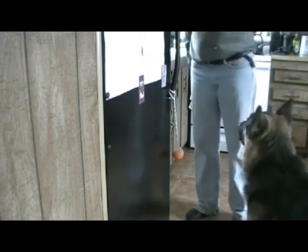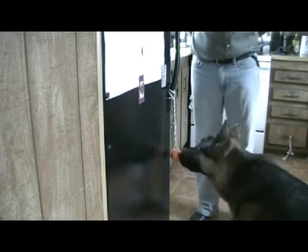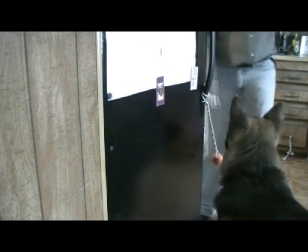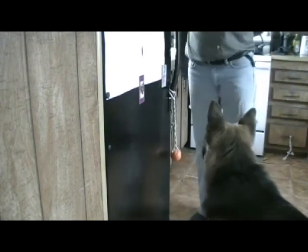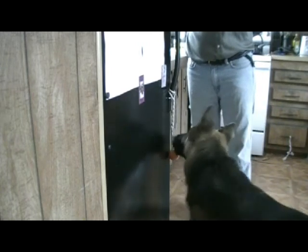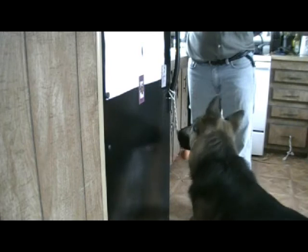Excellent job. I now set the clicker down because I want the fridge to be the click. He pulls and the fridge opens. He gets paid for it. Very good job, but it's not opening as far as I want yet. So he thinks about it,